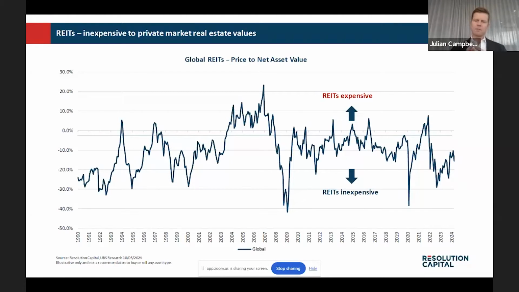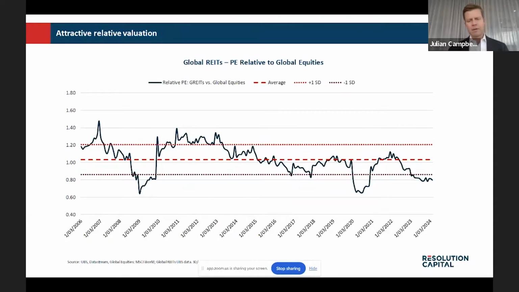And you're seeing this being reflected in some of the privatisation activity already this year. So Blackstone has privatised 2 public REITs in the residential sector in the US, reflecting what they see as good value, the REITs being cheap to the underlying real estate and the forward returns of the real estate. So the REITs are undemanding. Now, we've included the chart versus global equities. As real estate investors, we focus very much more on the real estate value, but it is undemanding versus global equities since the inception of the strategy.